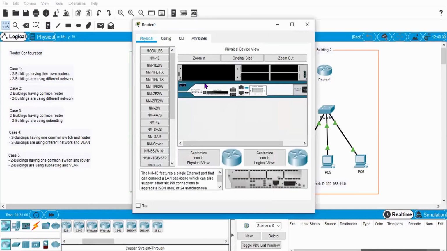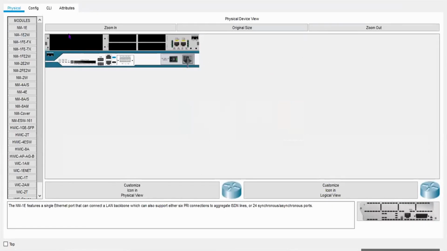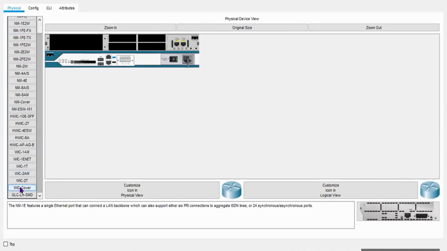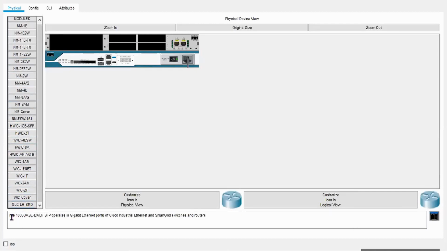Depending upon your requirement, you can add different modules at these places. In the module section, you can see various modules. Whenever you click on any module, it will show where you can use it, and you can just drag and drop it.